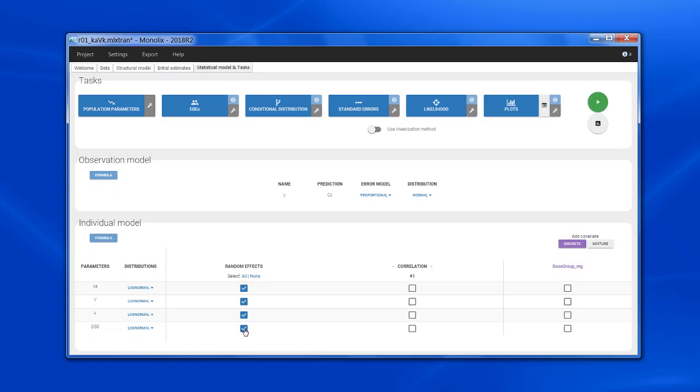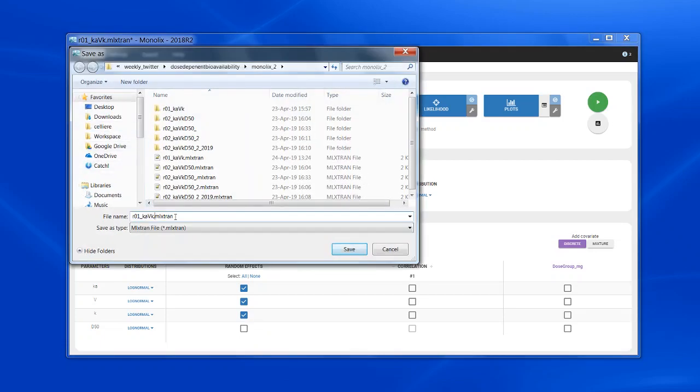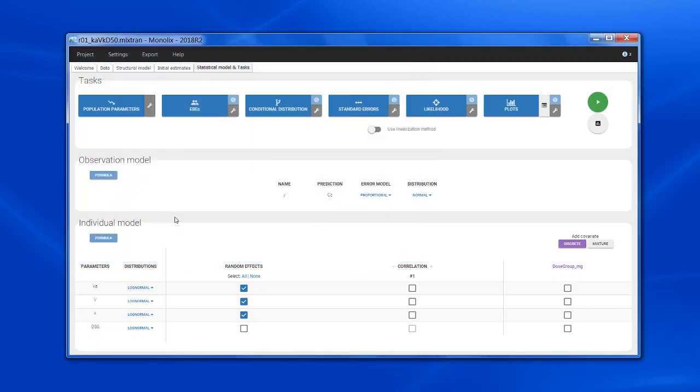This is because in this dataset, I have only one dose level per individual, so I will for sure not be able to distinguish between the random effects of the volume and of the D50. So I'm removing them on D50. I can now save the project. Let's call it D50 and run.